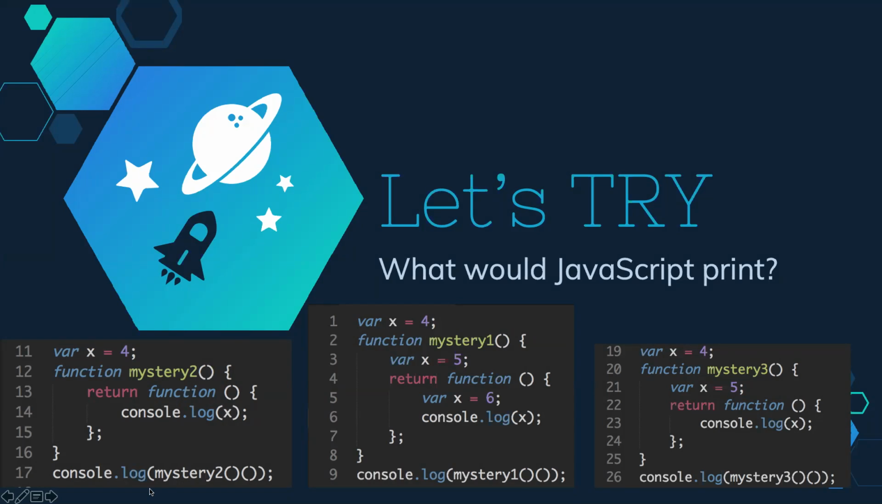So this mystery function takes 0 inputs, but it behaves like a function that takes 2 inputs. If it was to have inputs, it would take 2 inputs. So mystery just takes nothing, and you call it once. But then what it gives you, yeah. So basically, think of mystery as